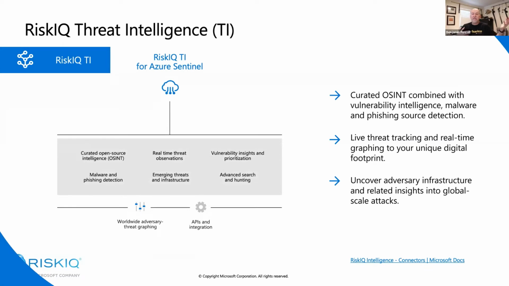Now, for the threat intelligence piece, we have some curated open source threat intelligence, and then we also have ones that have been published by others, but we go through and pull out all the indicators that might be in the images, so you can click on them or download them and use them immediately. We understand, from real observations, this is not from a feed, it's things that we directly have seen. And we're able then to give you that ability to do the advanced hunting and bring that information into your organization and use it, whether in a notebook, whether in a SIEM, whether directly in the UI or via API, to be able to fully understand the risk and exposure to your organization.